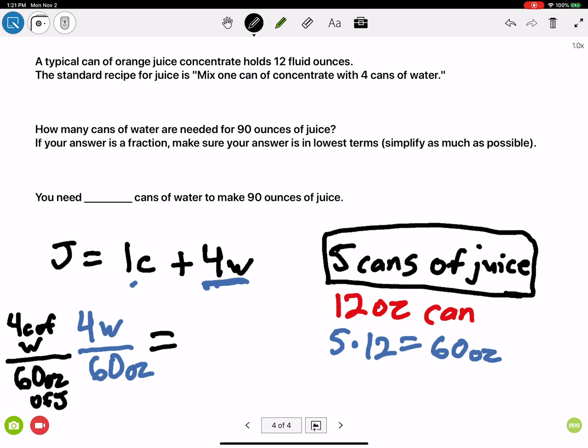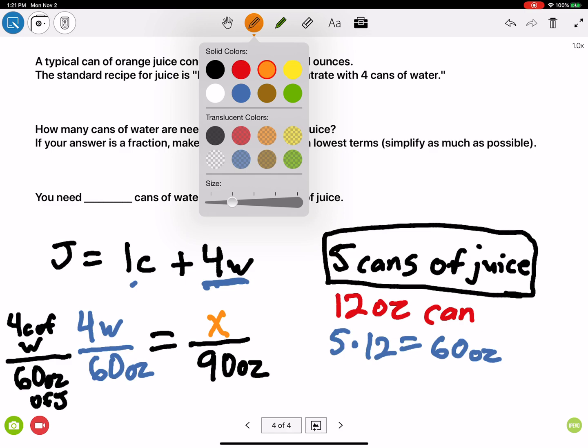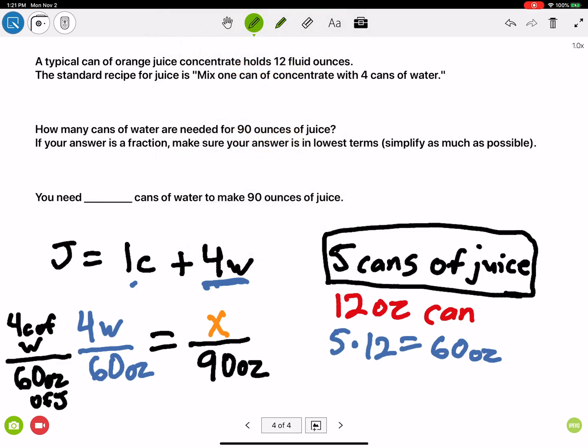So now I need to figure out how many cans of water I'm going to need for 90 ounces. Well, now I've solved for this. I'm going to call this X. I can do some cross multiplication. Before I do, I can reduce 4 over 60. To make my life easier, I'm going to reduce it by 2, and here's why. If I reduce it by 2, 4 over 60 becomes 2 over 30